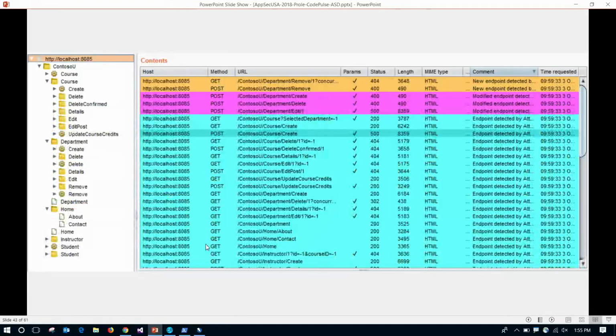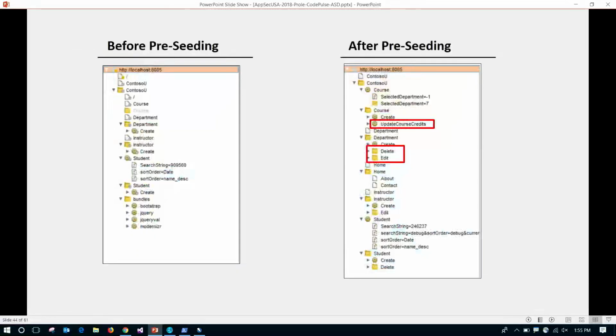And then all that information can get fed into Zap or Burp, so it can improve your sitemap. You can also see we have a color-coordinated way of seeing whether it was detected by source code, whether it was modified, or whether it was new since the last scan. So now this allows Burp and Zap to have a more intelligent way of doing its analysis, since it's being told a lot more information than it would be able to discover otherwise. So running this against Contoso University, after going through the attack surface detector, there's more endpoints